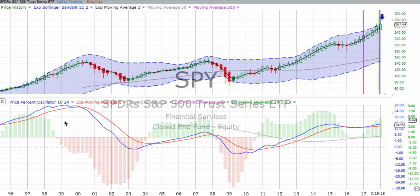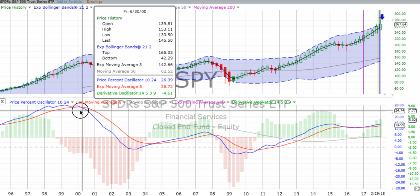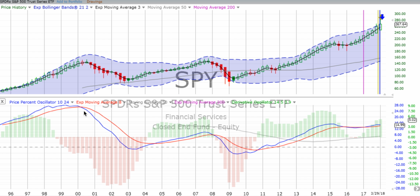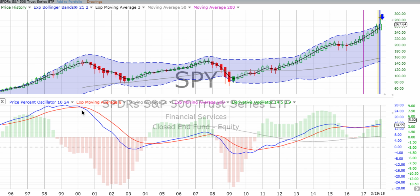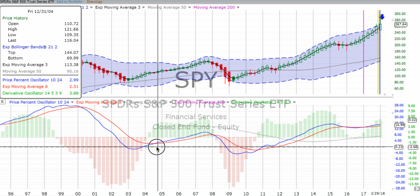And what we see is that the charting software on this quarterly chart would have gotten us out of the market at some of the best times to actually get out. It would have gotten us out with the crossing over going down on the Price Percent Oscillator, would have gotten us out back in mid-year 2000 before the market rolled over and hammered down all the way through 2003, and then would have gotten us back into the market somewhere in the time frame of early 2005